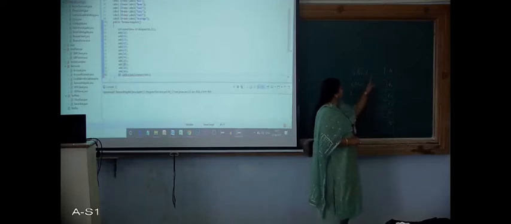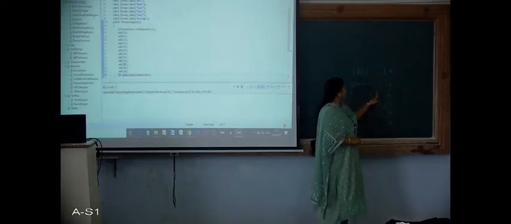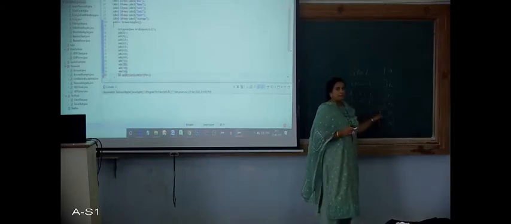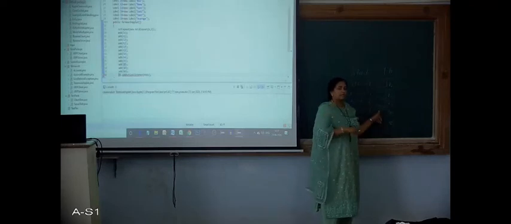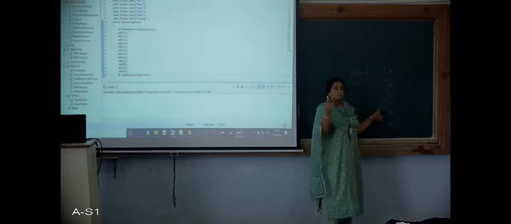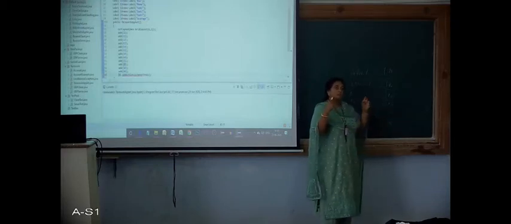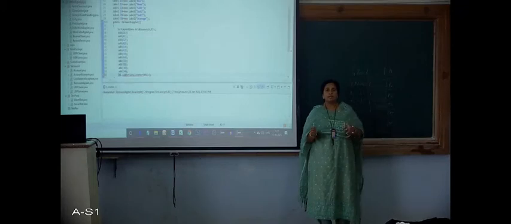So once I enter roll number, name, marks in subject 1, subject 2, subject 3, what should happen? What action should be taken? So for that we are using add action listener. Whenever the user enters this, what action should be taken? So that action to be performed has to be written somewhere.